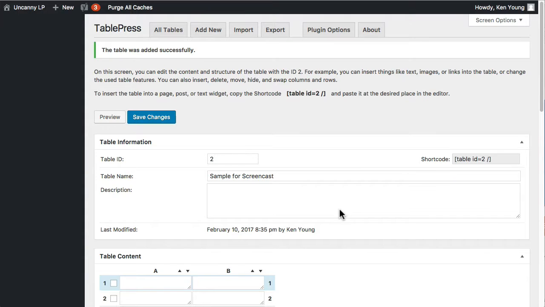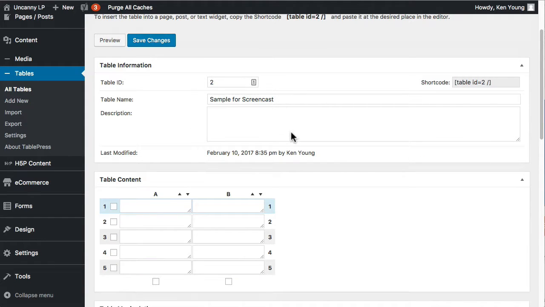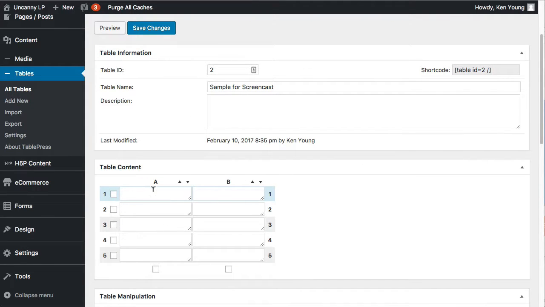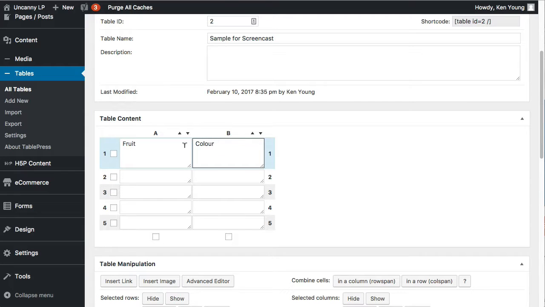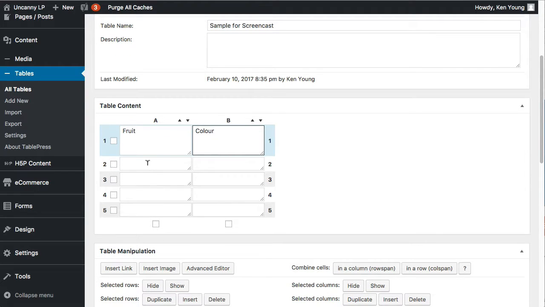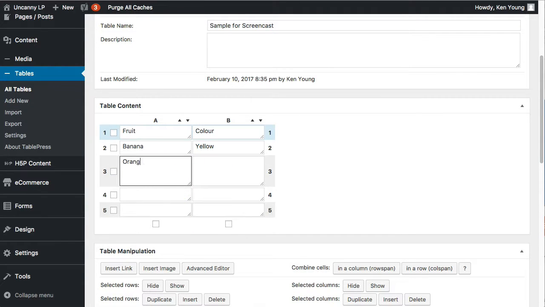All right, so it's done that. I've got my 2 columns. I'm going to do something really simple. So let me do fruit and color. And yes, I'm using Canadian spelling there. And let me just add some values in there. So let me just say banana is yellow. I'm going to say orange is orange. Blueberry